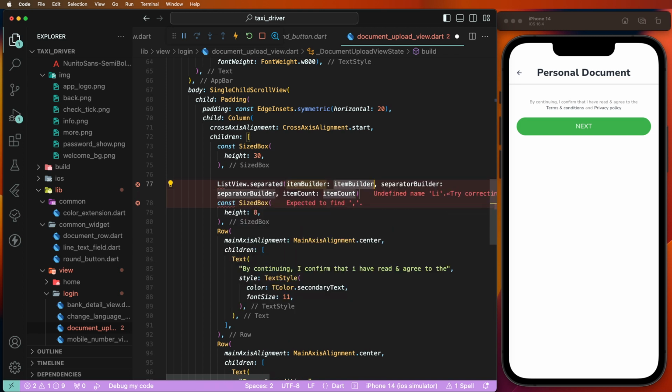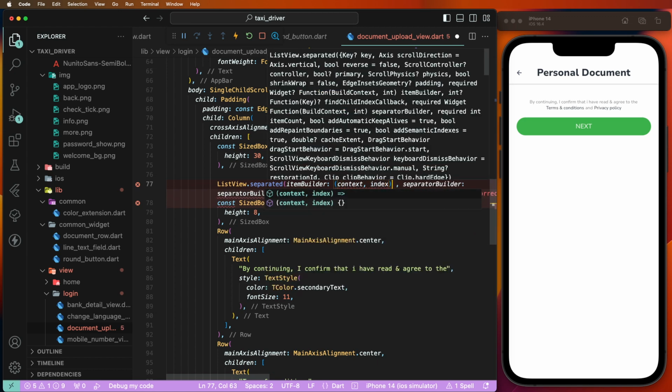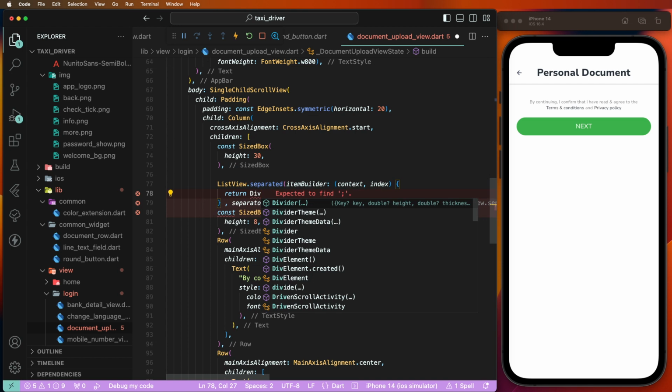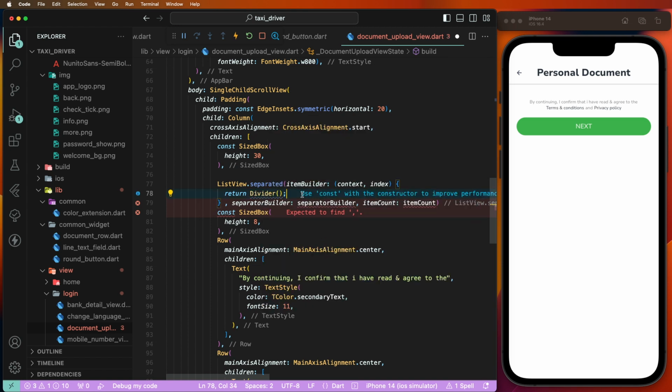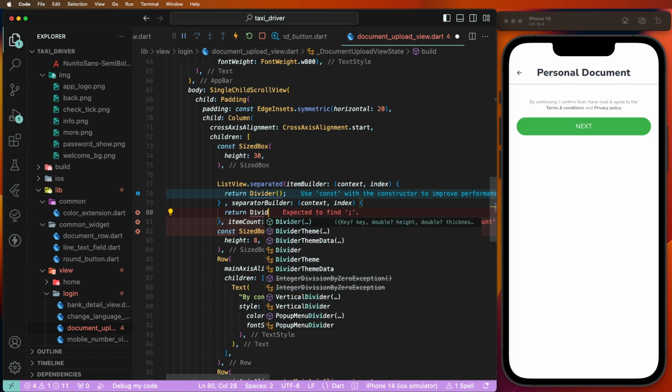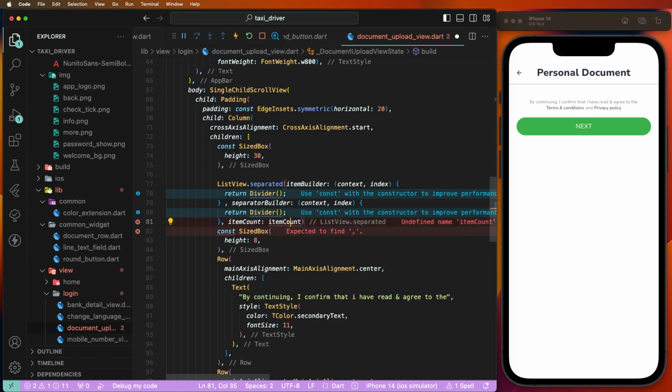ListView builder separator at the returns here divider like this calls here. Dividers need to create now here. Sets here. So need to give this here the count. Give this here the document dot length. Give this like set here,